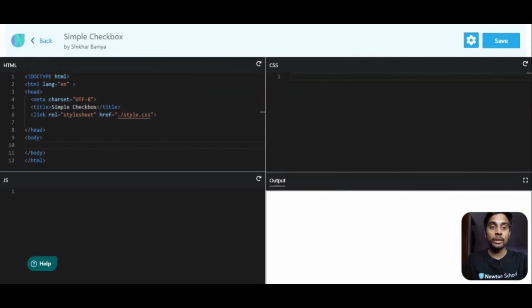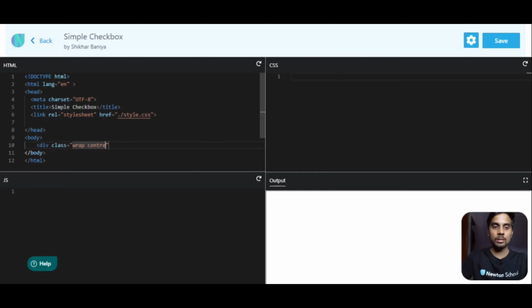So here we are in the code editor, and in HTML, as you can see, we have given the title as simple checkbox. So let's start. Basically, we want a checkbox and in front of that a label. Okay. So let's create a div of class wrap, also center.